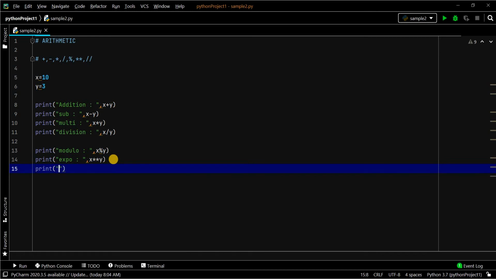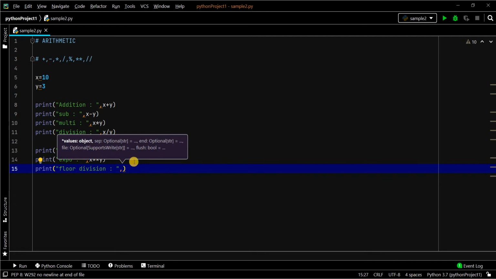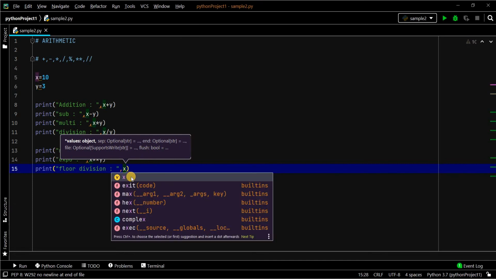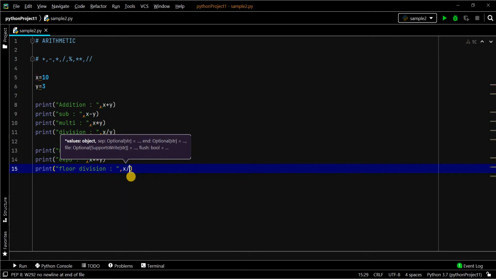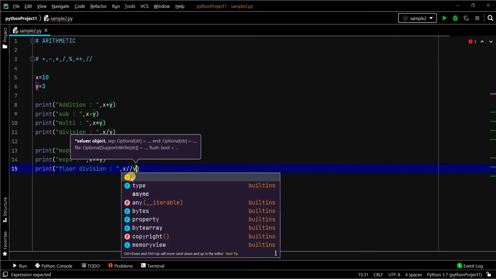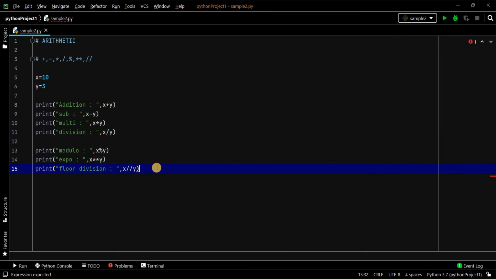The final one is floor division. The difference between division and floor division is division gives you the quotient, which will be a floating point number, but in floor division it gives you the quotient with whole number, which is an integer.